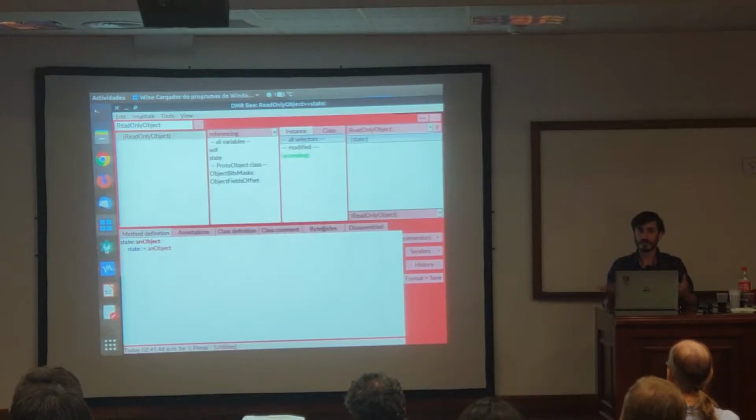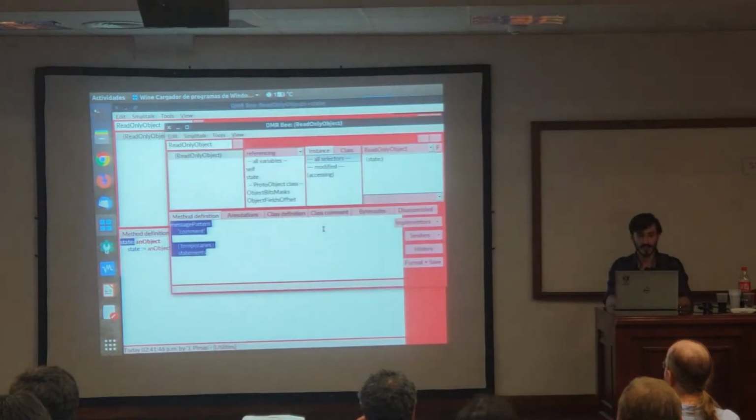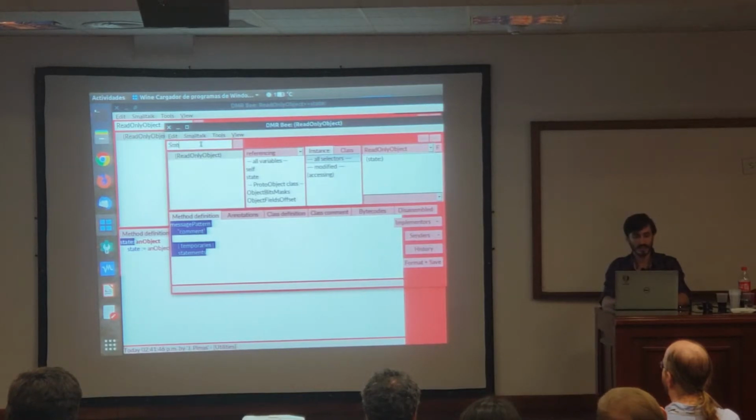So here we have this state, right? And we want to make it so that when somebody tries to store to the state, we are going to stop it, right? So why don't we go to the JIT compiler and modify it? Because it's made of Smalltalk objects, we can change it on the fly, right? So, well, I know where that is. You don't, but if you get some experience with this, you will. So we have this group of objects